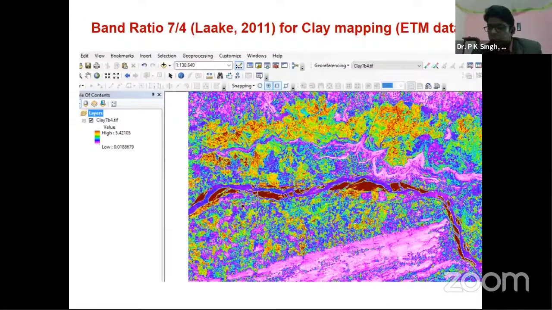This is a quite useful technique in remote sensing for geological investigations also. I have prepared one map showing where maximum clay is deposited in that particular area, by simply using established band ratios. In the same way, different vegetation index techniques are developed, which are solely used in forestry.